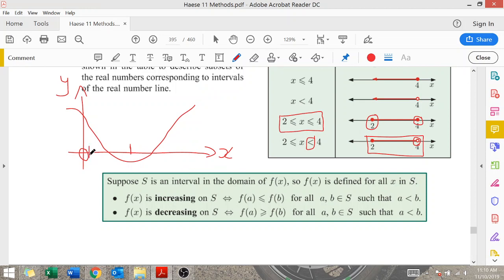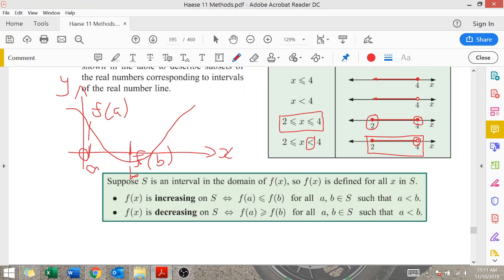let's say we had A there and B there. Well, what you can see now is there's our f of A, there's our f of B, and it is now decreasing. So this interval here is decreasing in the interval S. I should say the function is decreasing in this interval S,